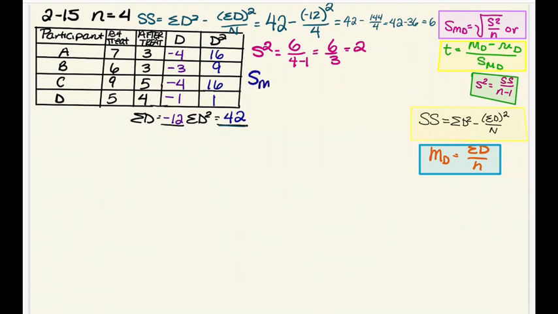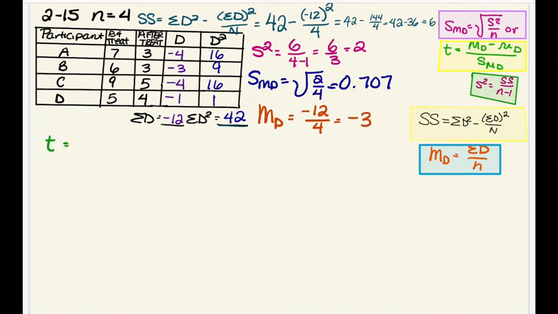And we'll use our sample variance to determine our estimated standard error, which is the square root of the variance divided by n. And in this example, we have a standard error of 0.707. Now we'll find our mean for the sample of difference scores by taking the sum of difference scores divided by n, and in this case it is -3. Then we can find our t-value, which is our mean divided by the standard error. We'll come up with a value of